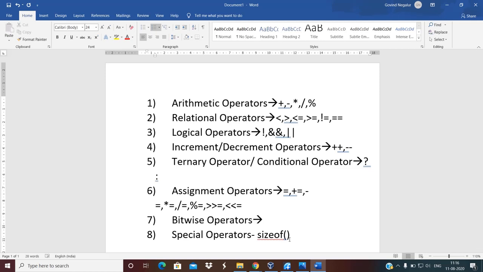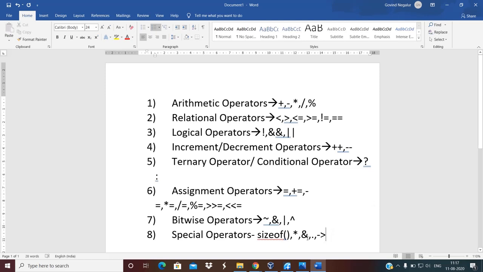So how many bitwise operators are there? Tilde is the bitwise not operator, followed by bitwise and, a single ampersand, followed by bitwise or, a vertical bar symbol, followed by exclusive or, which is the cap symbol, shift 6 from the keyboard. Okay, there are some special operators like sizeof, followed by star, the pointer operator, the address of operator, the dot operator, the arrow operator.